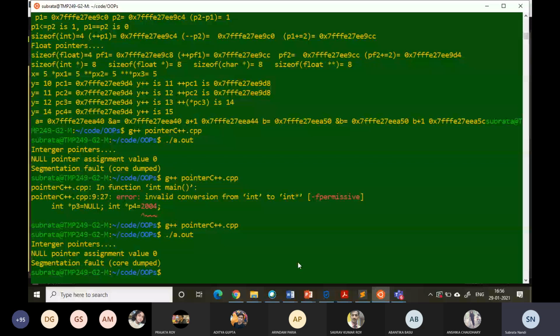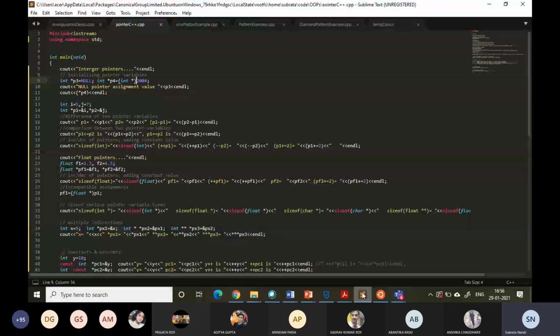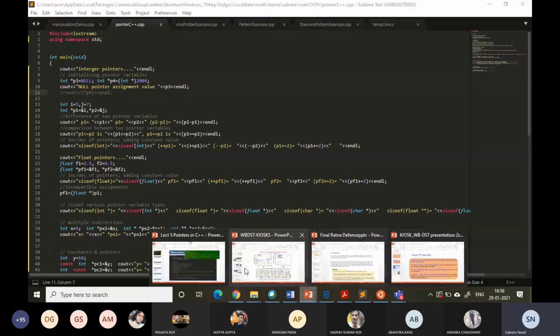And how the memory management module handles it, you can see in your operating system class in detail. But this is what happens, right? So you are not allowed to do that. This is not possible, right? So here, if you get back to the presentation,